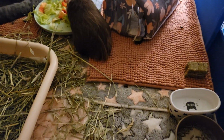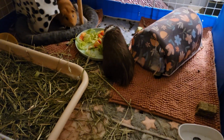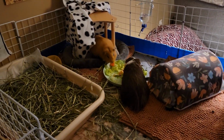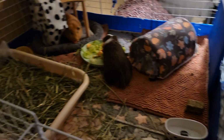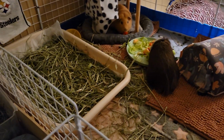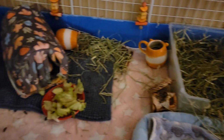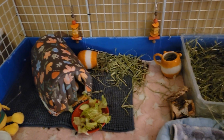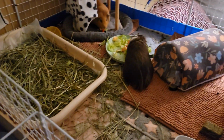I cleaned it this morning. Yeah, I did. And I was gone all day. It is now 7:30 in the evening, and I've only been home a little while, and I haven't had time to do anything besides give them their veggies, which they usually get earlier in the day, but like I said, I was gone all day. Granddaughter graduating from college, so yeah, which was awesome. But anyway, yeah, dirty pen,